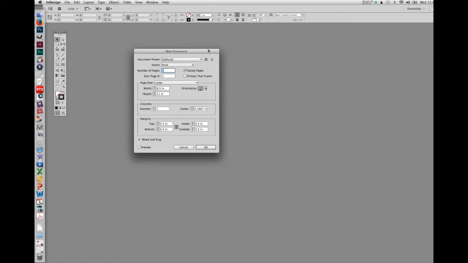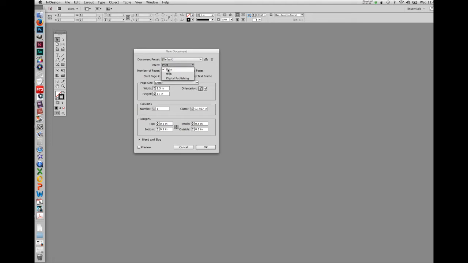up the dialog box. Let's start at the top and examine exactly what options are contained here for setting up our document. At the very top, you can see there's a document preset. Unless you created a template, we're going to leave this set to default. The next item down is the intent. Here, if we click on it, we can see a drop-down menu that offers print, web, and digital publishing. We're going to leave this set to print, but you should be aware of the fact that when you change